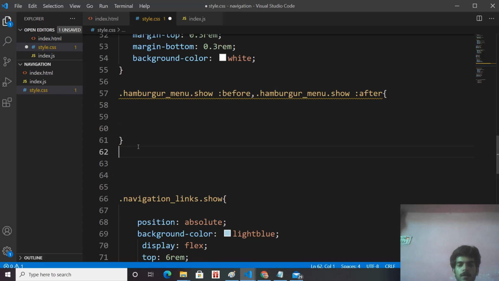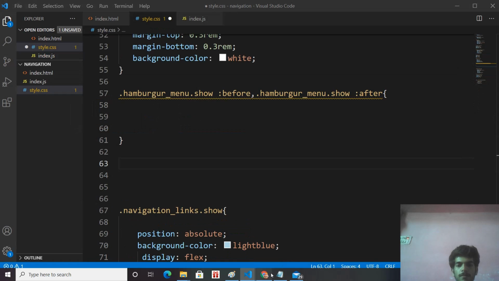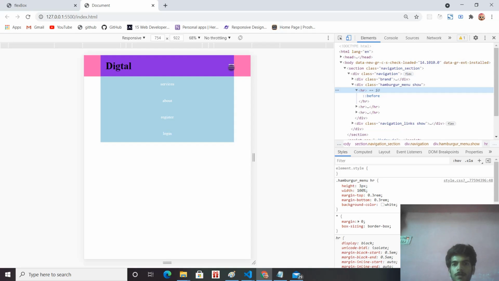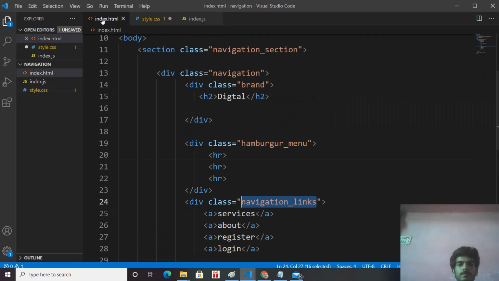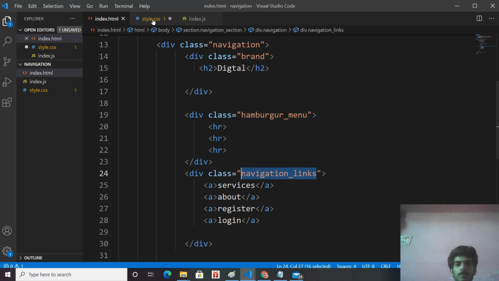Before I write the code, first we don't want these horizontal rows to appear when we click on this hamburger menu. So let's hide these horizontal rows. We have three horizontal rows.